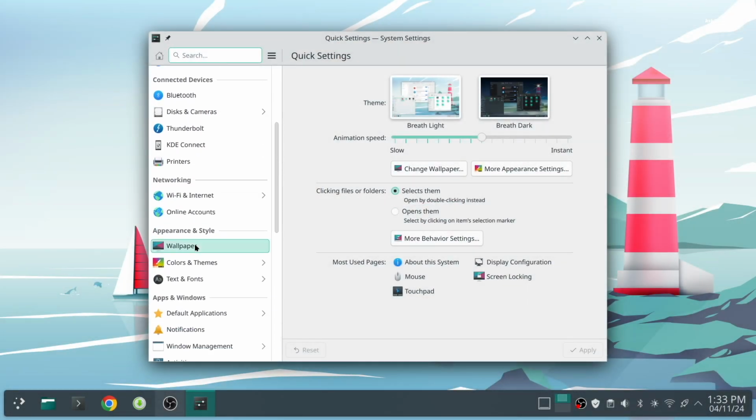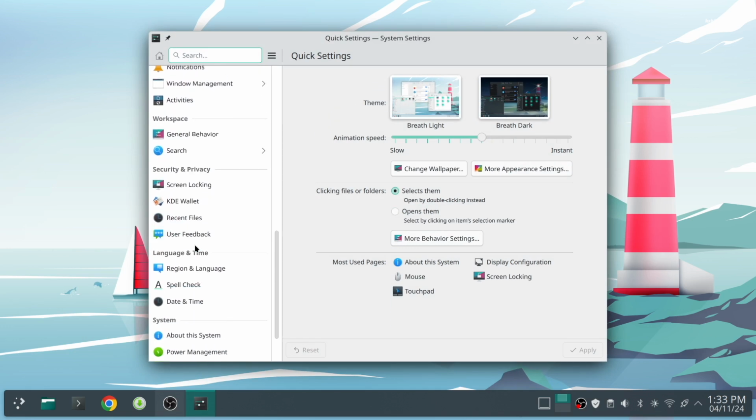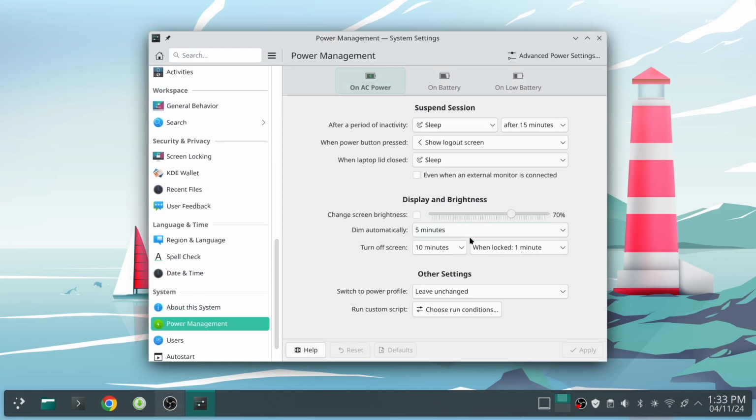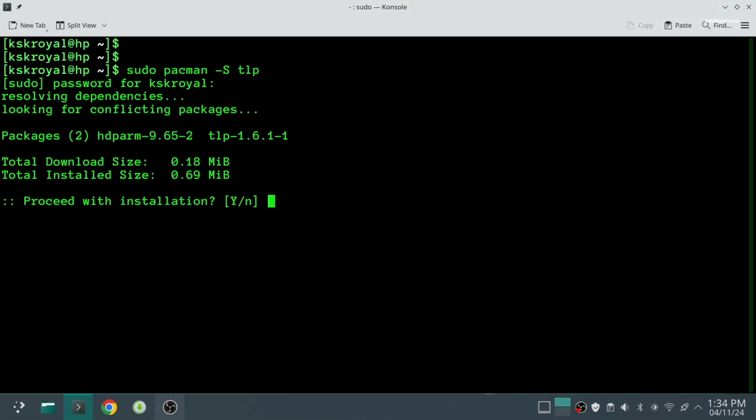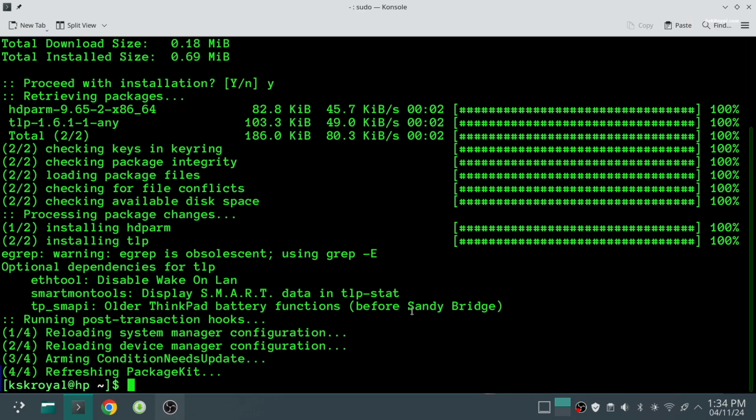Manjaro is optimized more for desktops by default, so you may want to adjust the power settings to optimize the battery life on laptops. Install TLP for advanced power management by running this command.